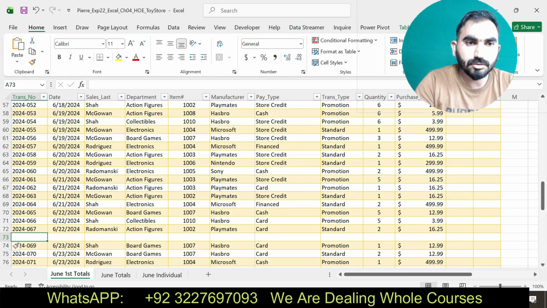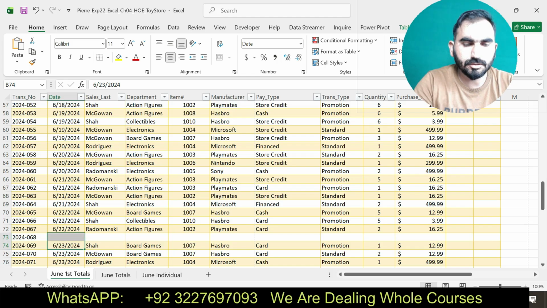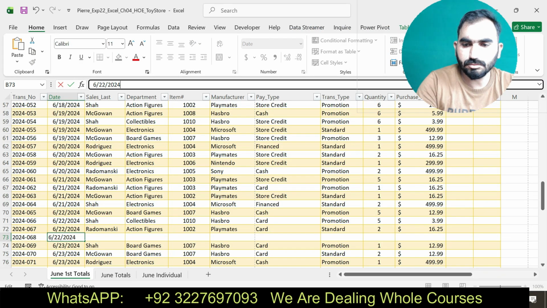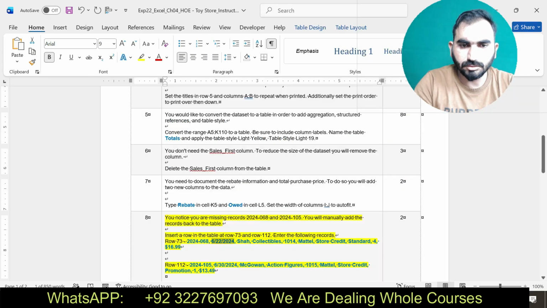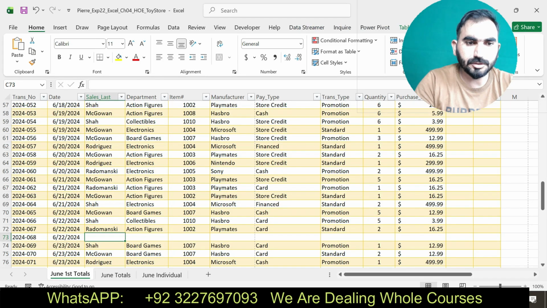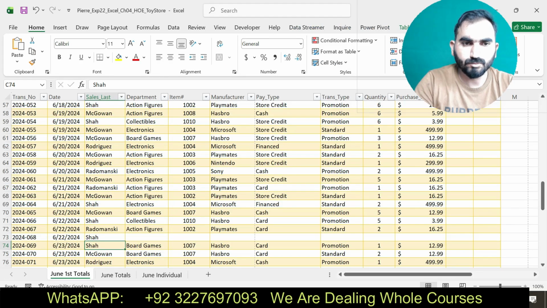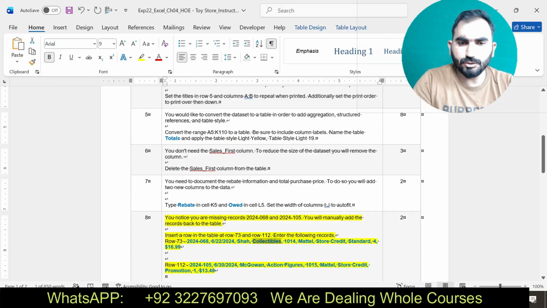Copy this one, and copy this one, and then copy this one. Here you can see, according to the instruction of step number 8, I am going to add the data.